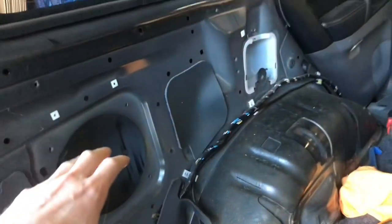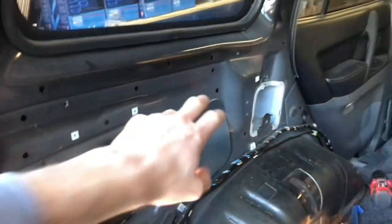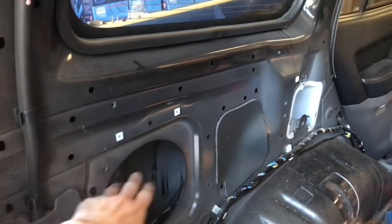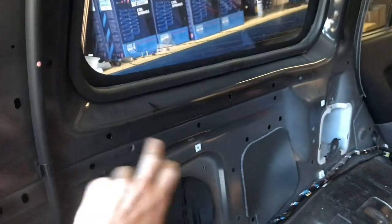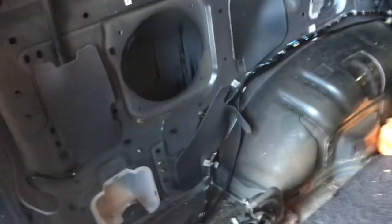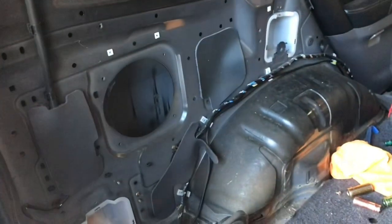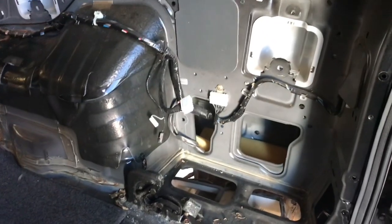And then if you have the cargo cover rail in the 01, 02s, then you'll have a couple screws holding that rail on, around there. And then that should be it for screws, I believe, off the top of my head. Everything else will be those push clips going into the side, into all these holes here. Then you just pull the panel out, and the seatbelt won't let you remove it all the way, but you'll lean it away, and then you'll be able to get access to these holes. And it's the same procedure on the opposite side, and then you'll have access to here, and you can reach down in there and put some